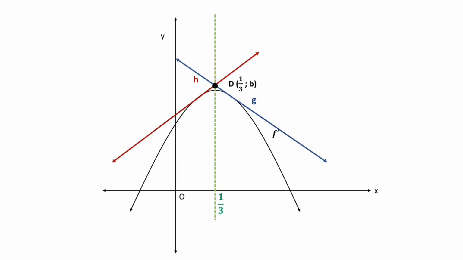Okay, so let's see. How about we take that point and we move it right to the turning point of the parabola? And look at what happens when we do that. Let's just monitor the graph of H first. If you move that point D and you make the b value exactly the y value of the turning point of that parabola, look at what's going to happen to that tangent of H. It's still a tangent to this graph, but now it is a flat horizontal line,